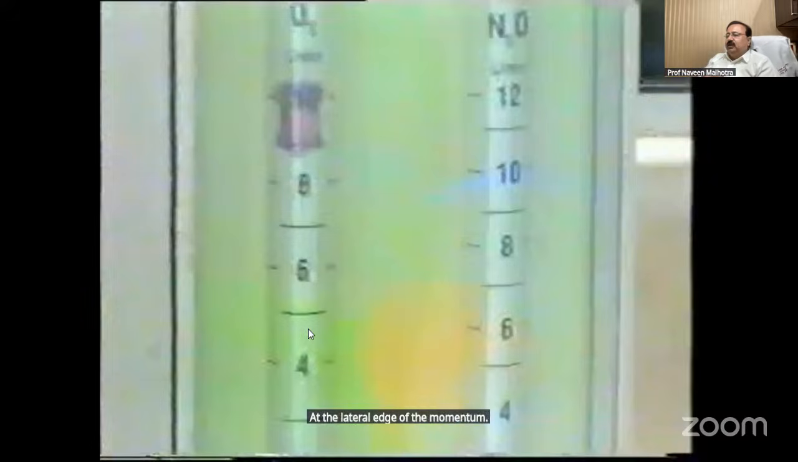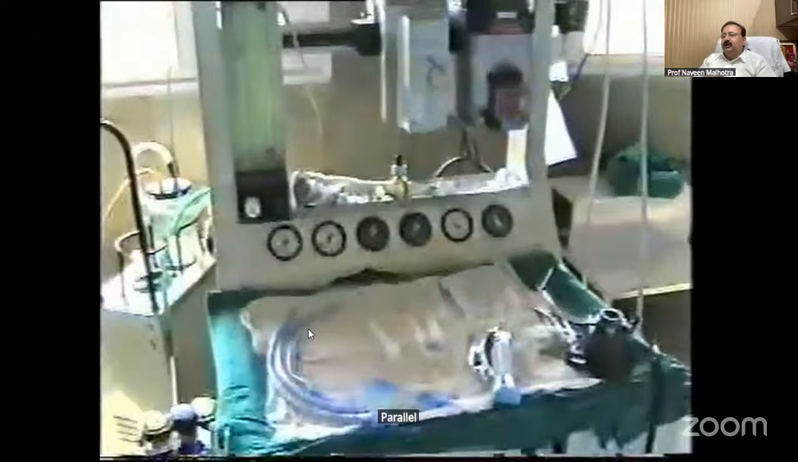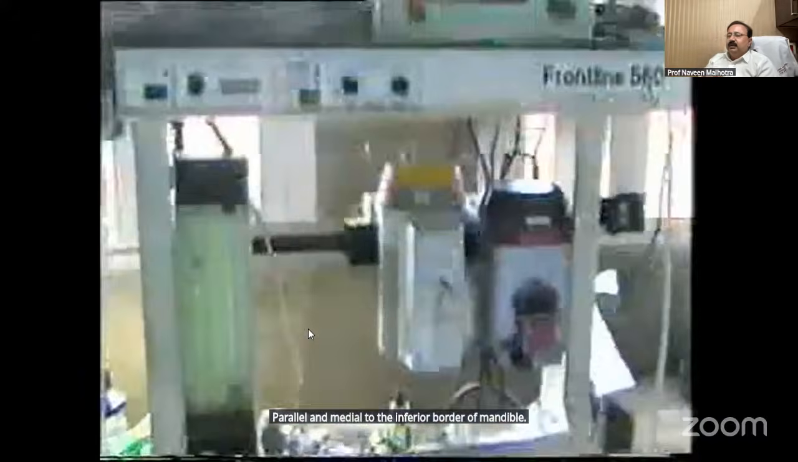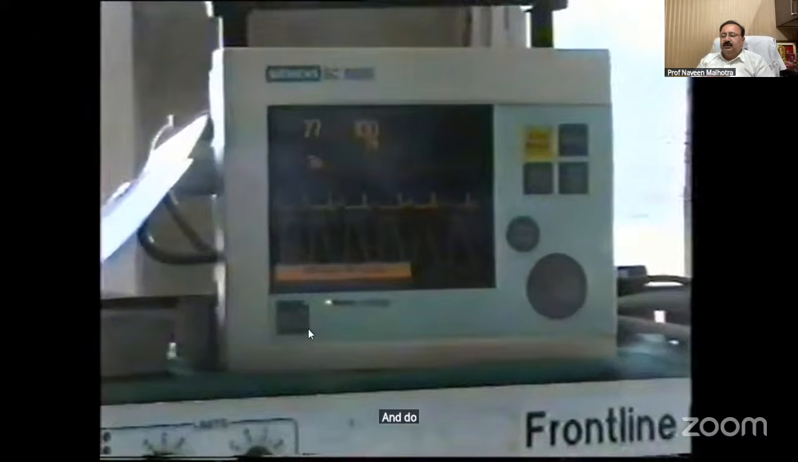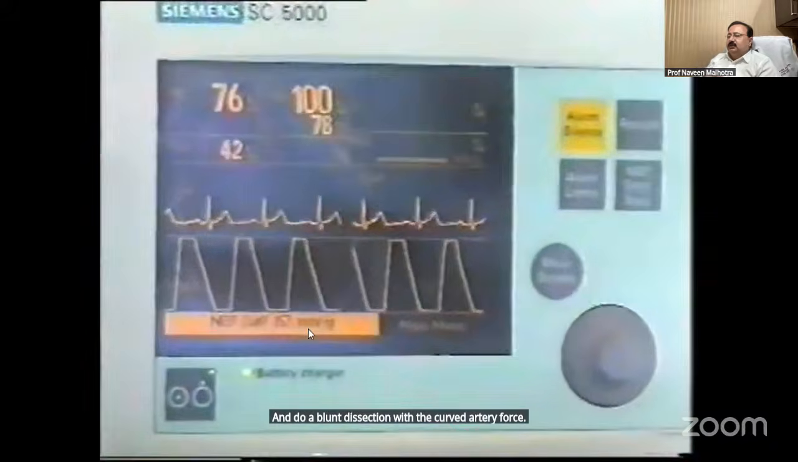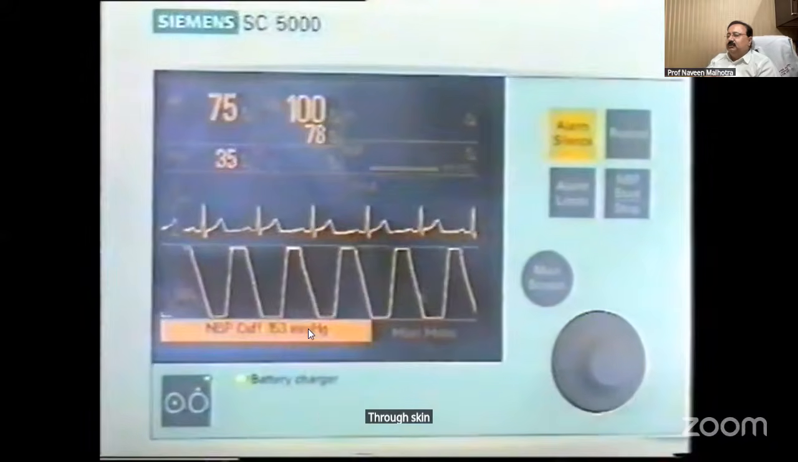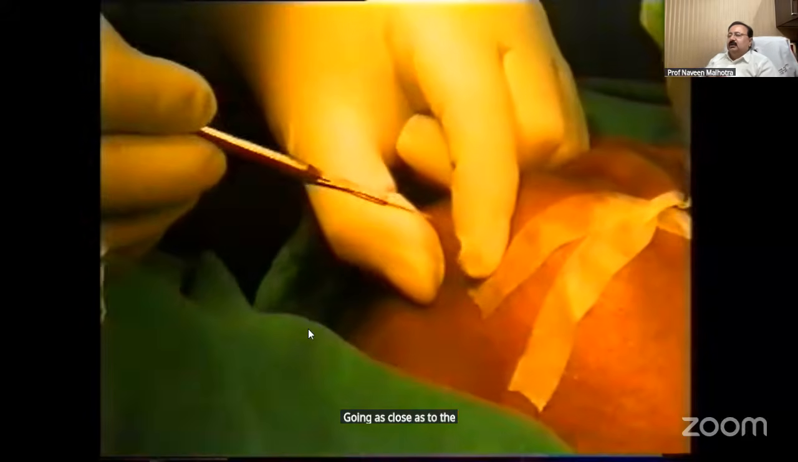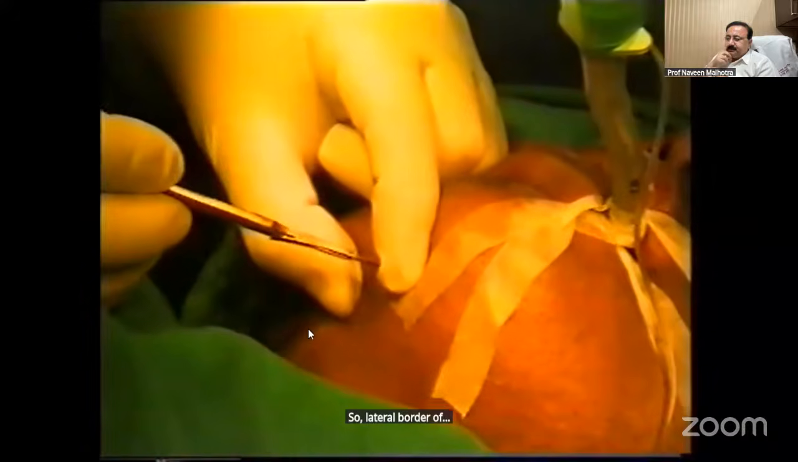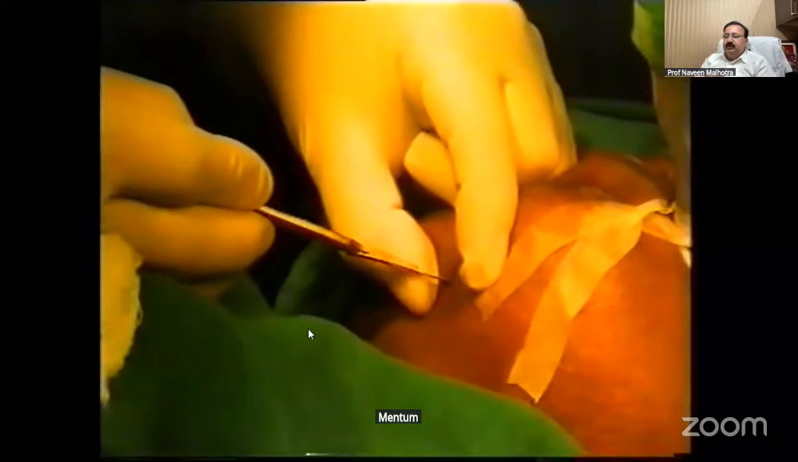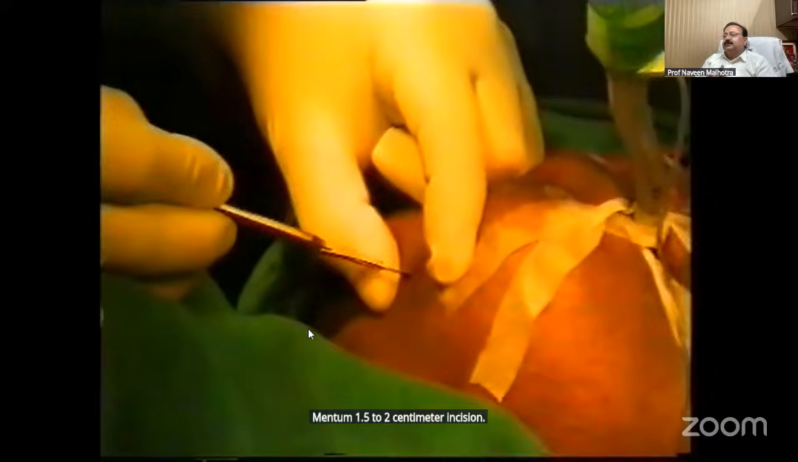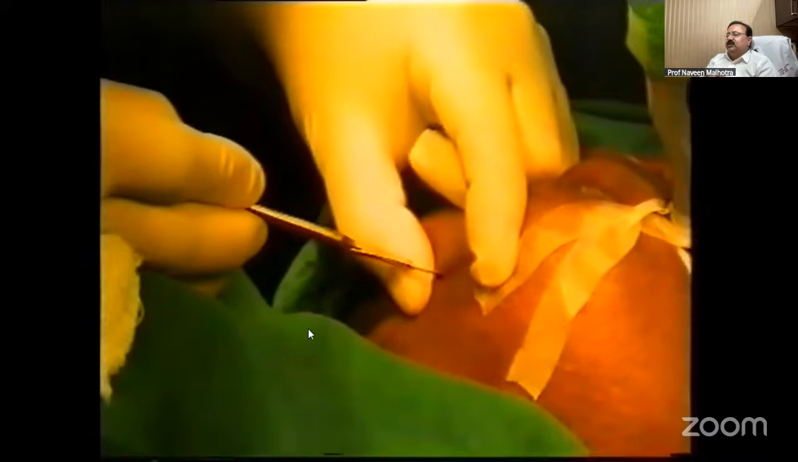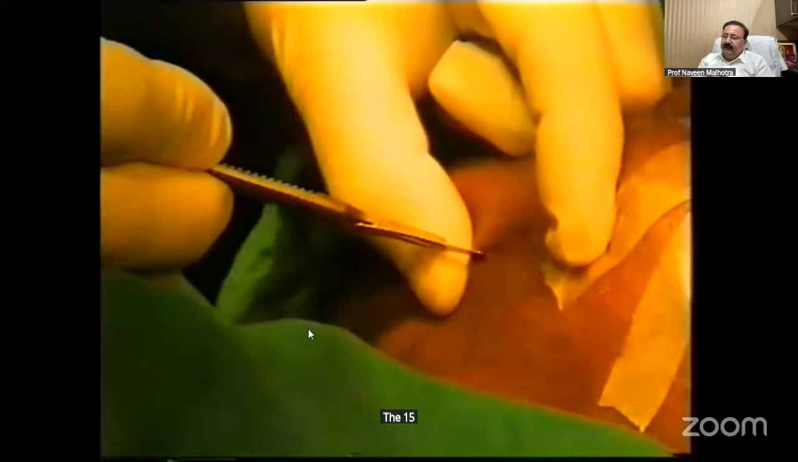At the lateral edge of the mentum, you give a 1.5 centimeter incision, parallel and medial to the inferior border of the mandible, and do a blunt dissection with the curved artery forceps through skin, subcutaneous tissue, mylohyoid muscle, going as close as possible to the mandible. So lateral border of mentum, 1.5 to 2 centimeter incision with the 15 number blade,